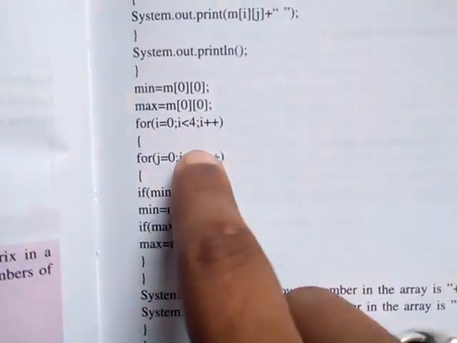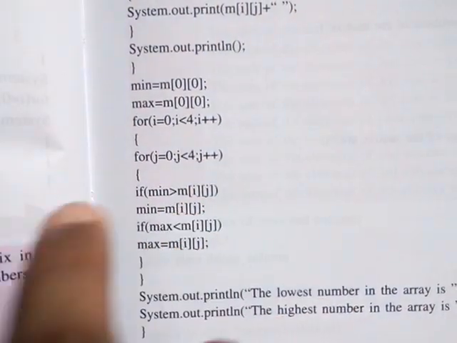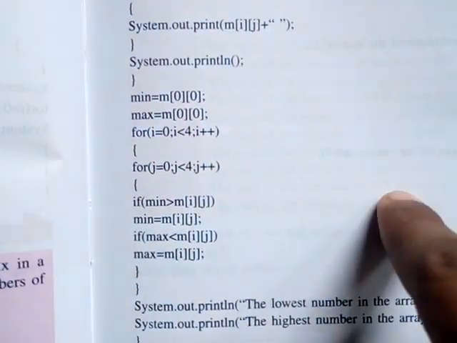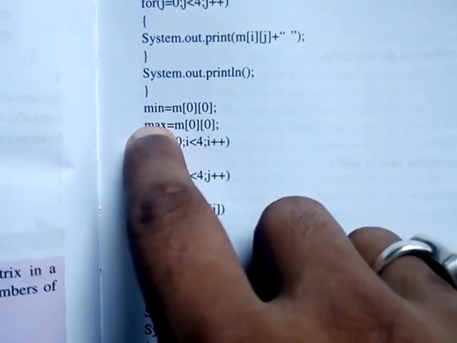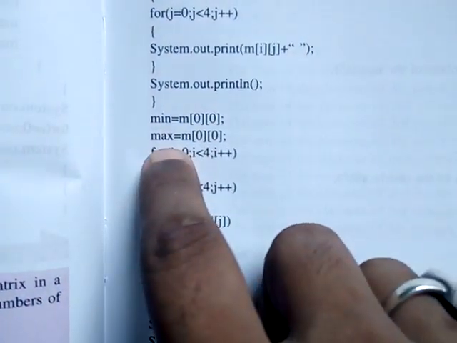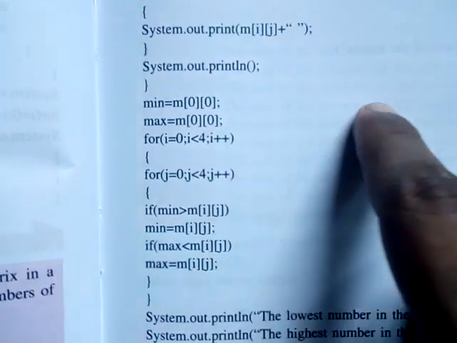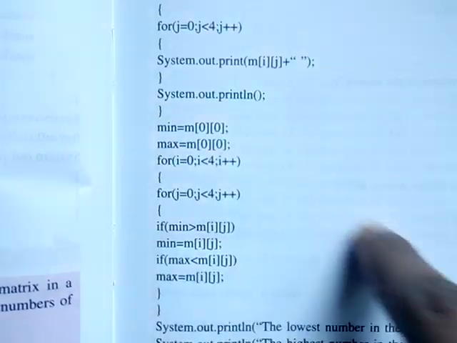Okay, because after this we don't need to write anything like println here, because we are not printing any value, we are just calculating. For example, suppose there is a matrix where you have already entered some values. The first value you have initialized in min, and the first value in max also. Now you compare that first value with all the values in the matrix, then you can easily get the maximum and minimum number.